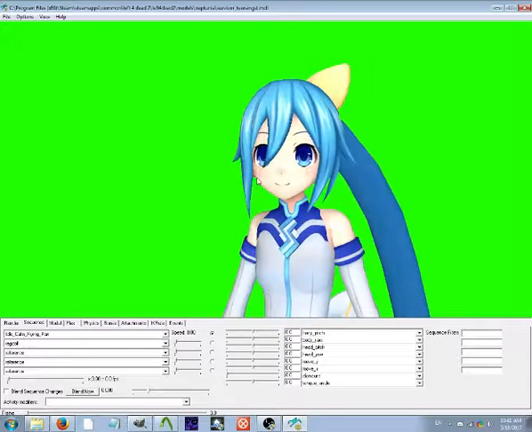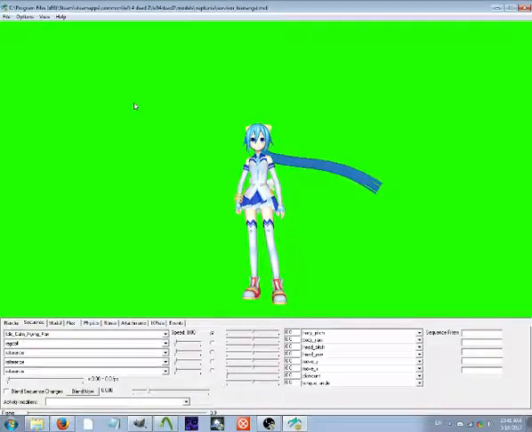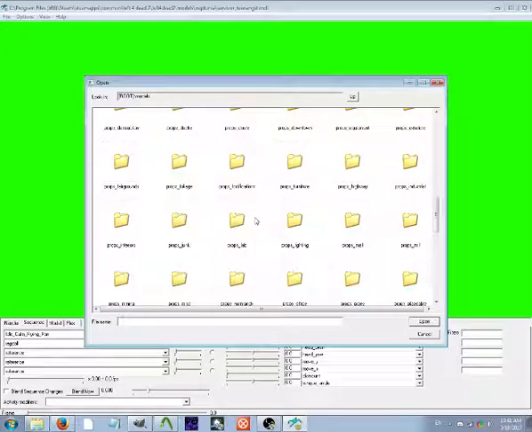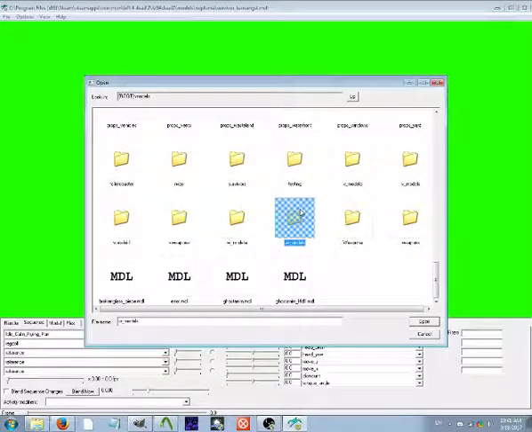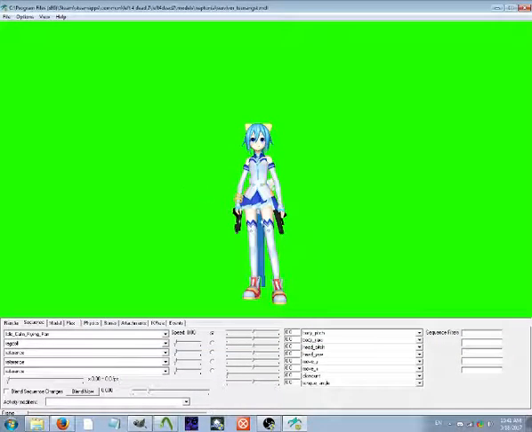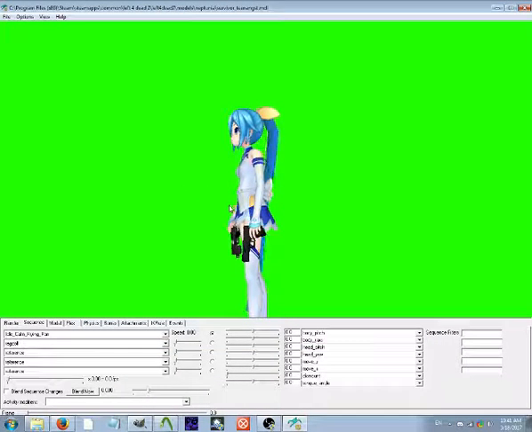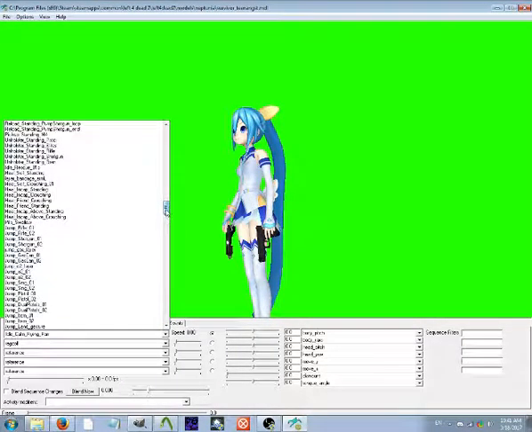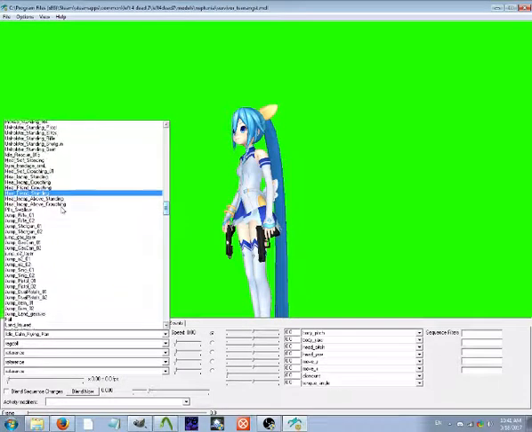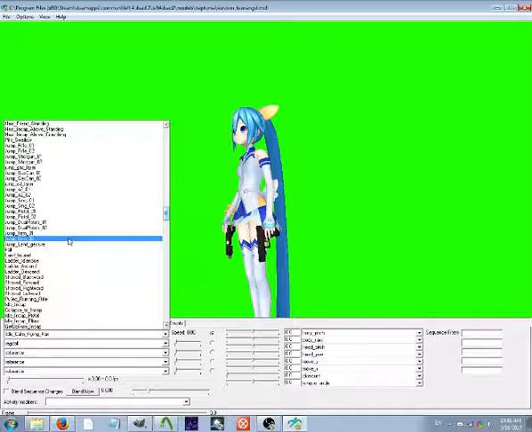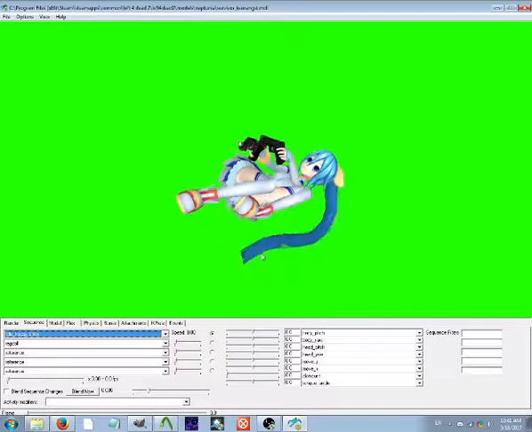Now for the incapacitation one, back to Half-Life Model Viewer. You're going to choose File, Load Weapon, go to W Models, Weapons, and select W Pistol A Dual. This will equip the pistols onto the character. Let's see. Then you must find the animation for incapacitation, which you can usually find somewhere around the ladder animations. Select Idle and Cap Elites,